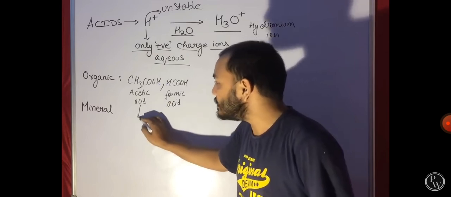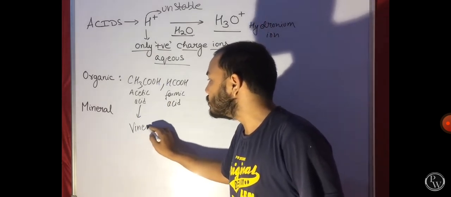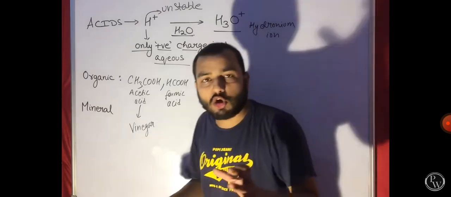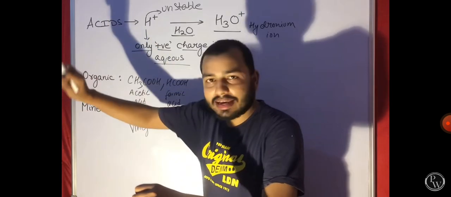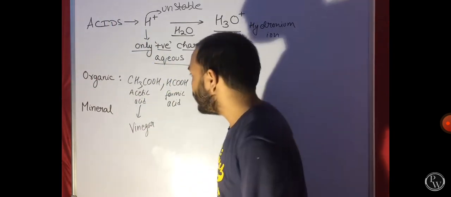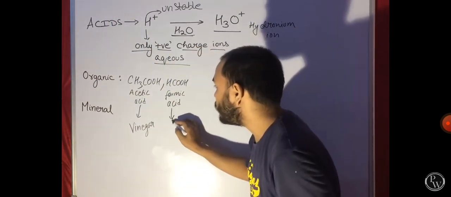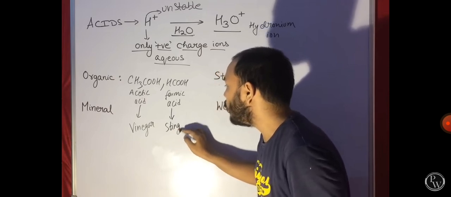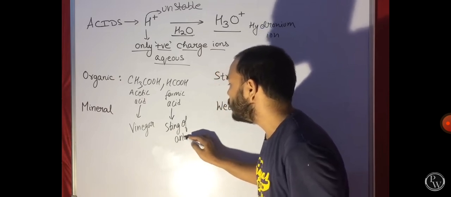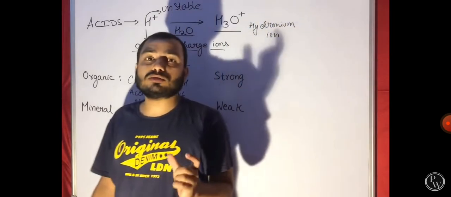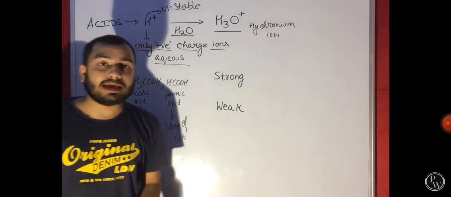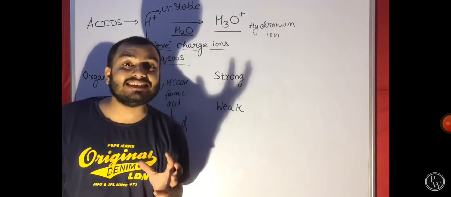Now this acetic acid is found in vinegar. Vinegar is used while making chow mein. You must have seen the chow mein wallah puts the vinegar like this and it makes it very tasty. And what is formic acid? It is found in the sting of an ant. There are many other organic acids, like lactic acid, which is found in sour milk,